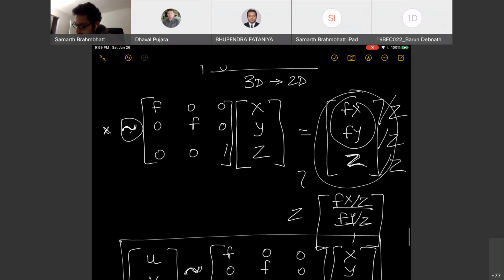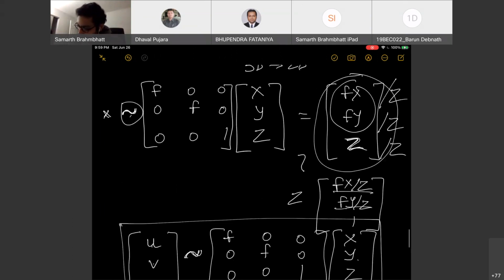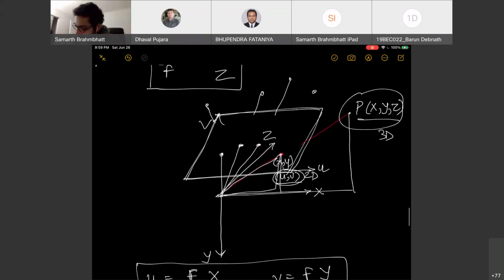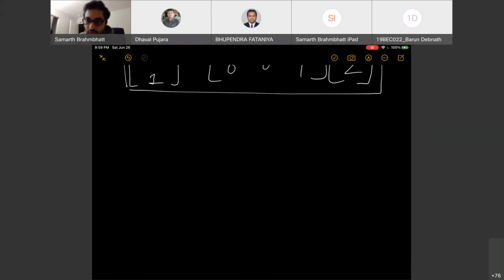Hopefully this is a very basic equation about how to convert our 3D point XYZ to a 2D point UV. Now this UV is 2D, and so our image plane is also 2D. So let's look at how the images are actually going to be stored in our computer. In our computer, you must have heard about arrays and things like that. Actually, the image is stored as a 2D array,